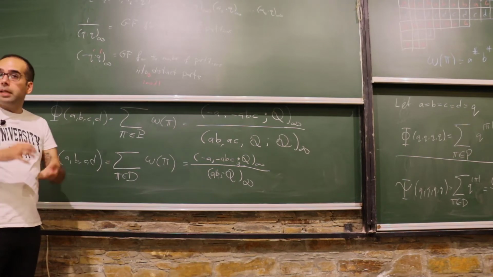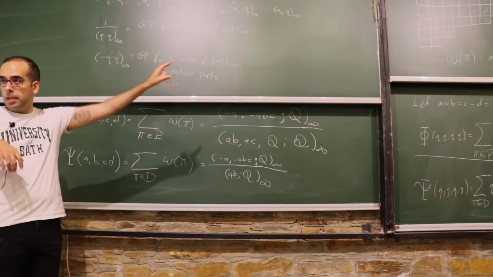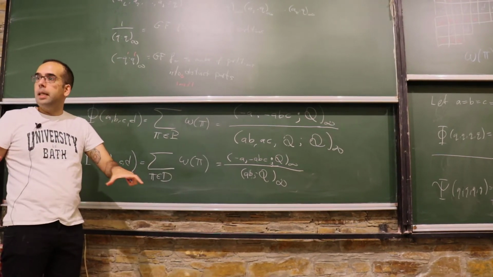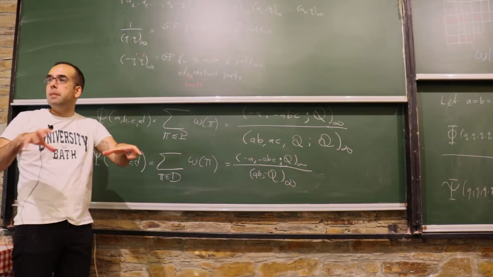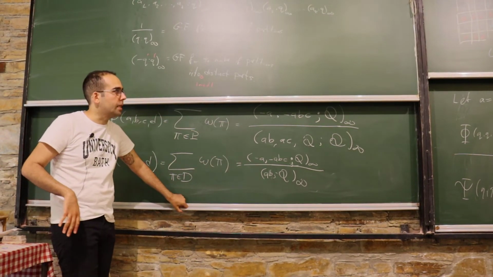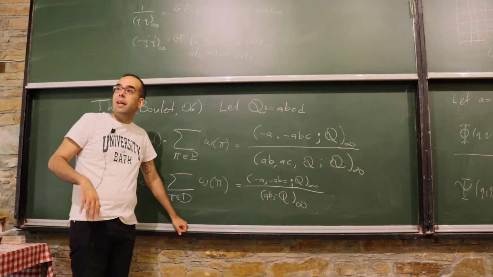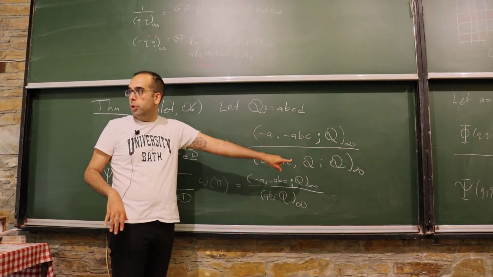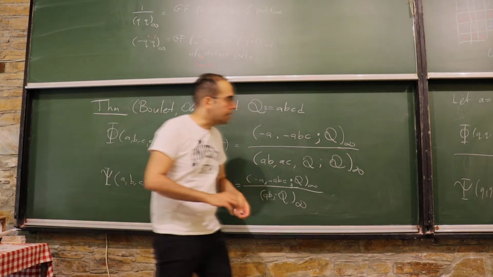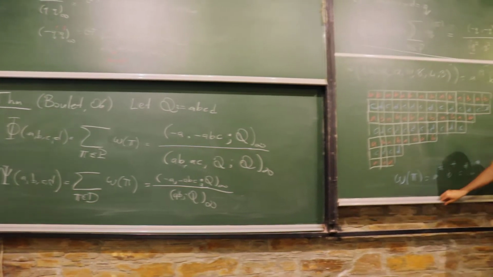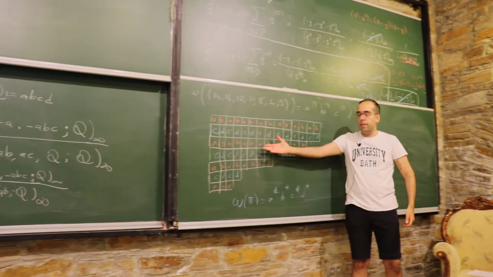I will try to take things out of this partition first in a bijective manner and dissect it. Then look at the generating function for these pieces, and once I stitch it together, they're going to be these products. Okay, that's the idea. And the first term that I want to dissect, in reality, is this AB sub Q in the denominator. For that, given any partition and its Ferrers diagram that you can draw,